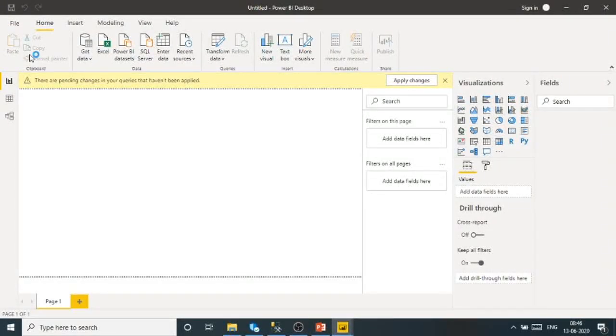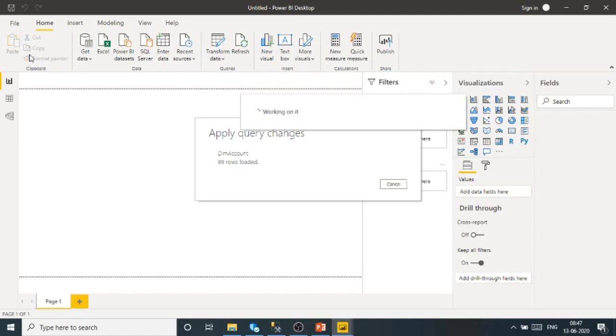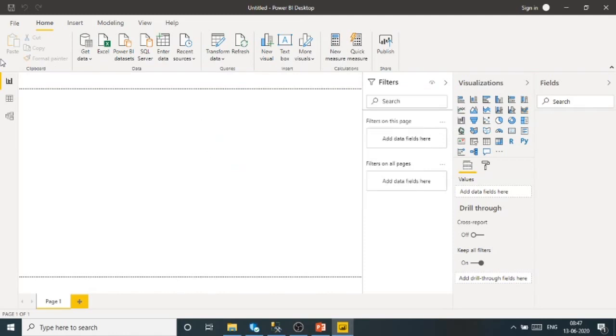Once I do close and apply, it is applying the query steps whatever I have performed in the edit query. You can see 99 rows have been loaded from DimAccount.